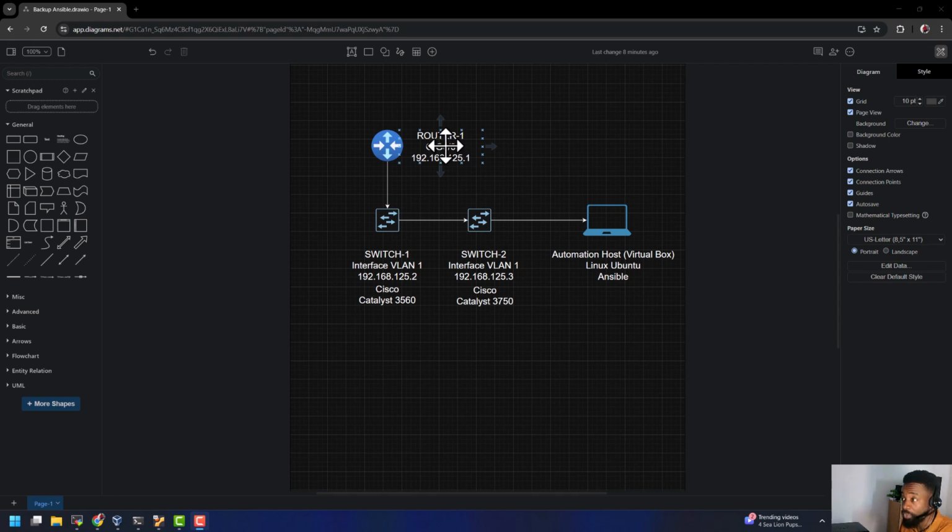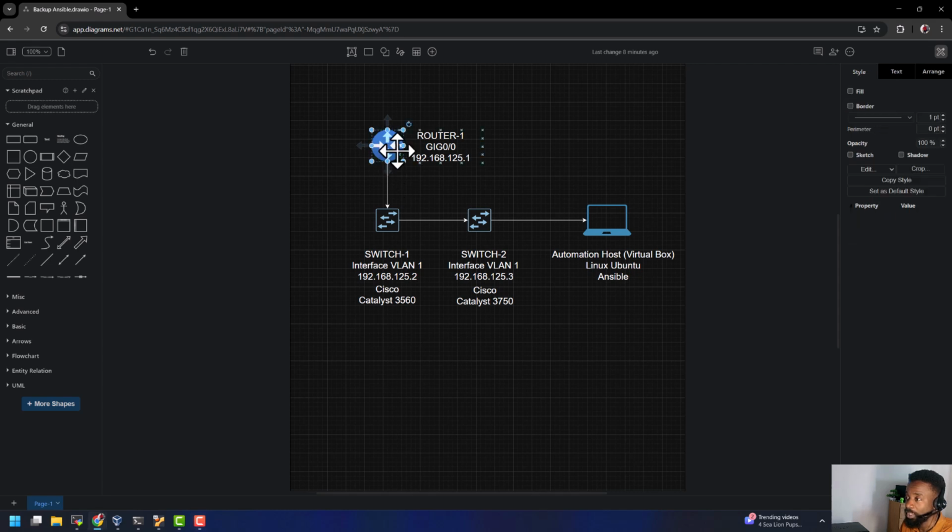My 1900 series router, which you're very used to, is one of the devices we're going to be using, and that's the device we have right here, and we are connected on gigabit 0/0 with the IP address 192.168.125.1. Right now we are connected to a switch, which is a Catalyst 3560 switch, and these are all physical